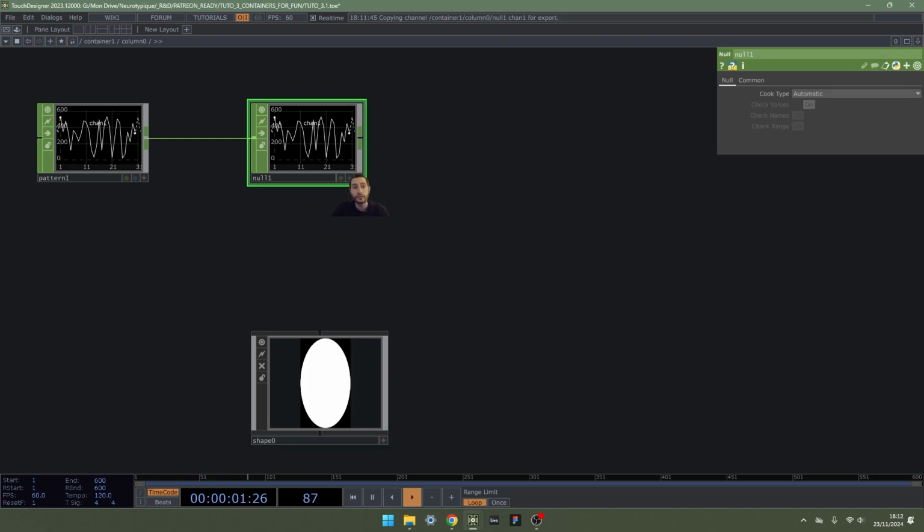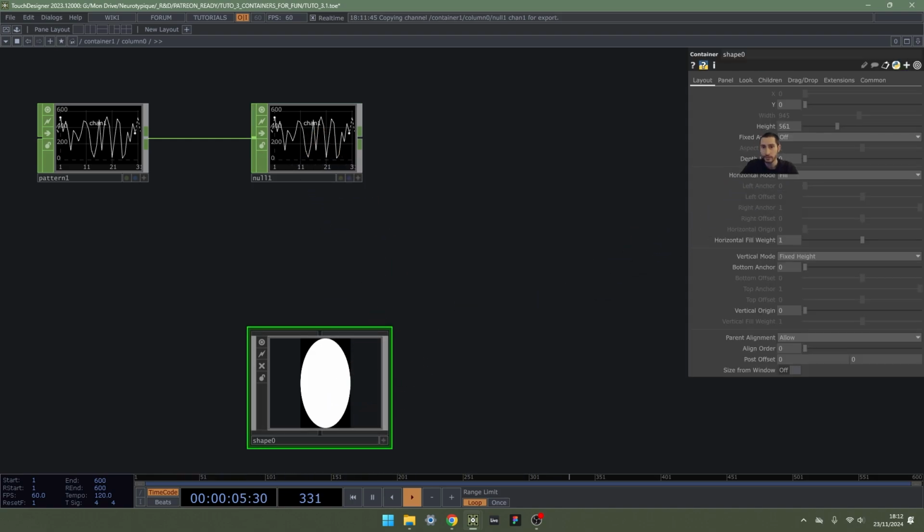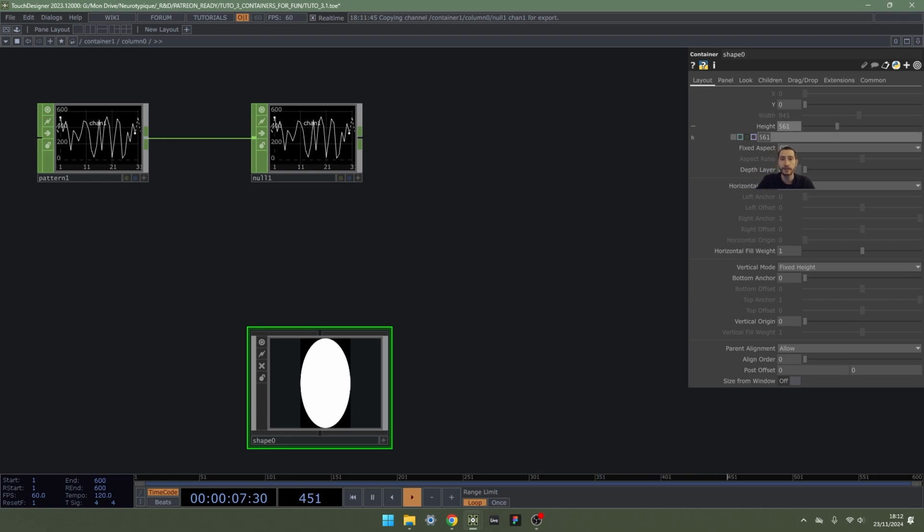Obviously, what you can do by clicking and dragging, you can also do by just writing. And it's really easy, and it's really important to have it broken down so you can understand and use it to your advantage. So for this one, let's say, where is our value? It's in operator null1.